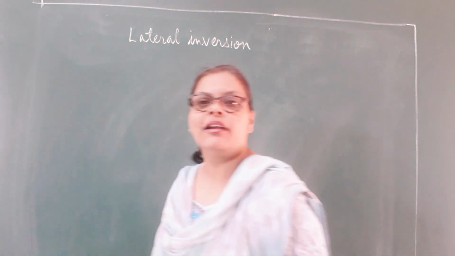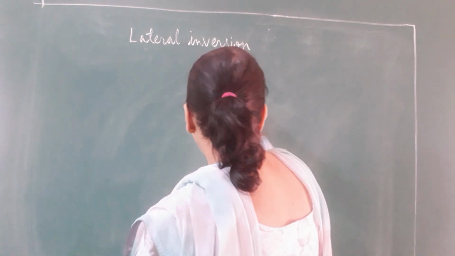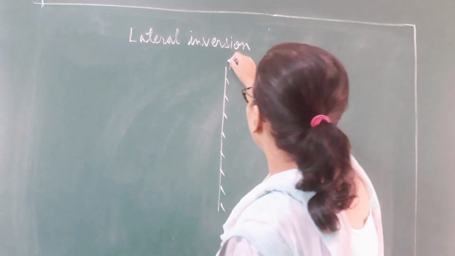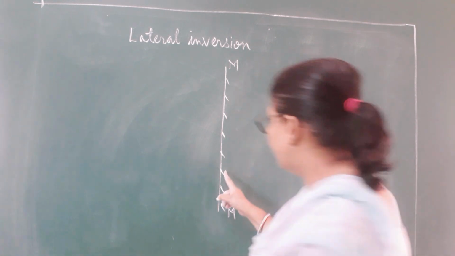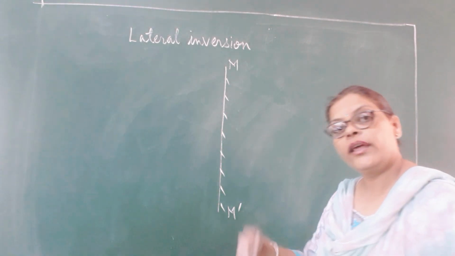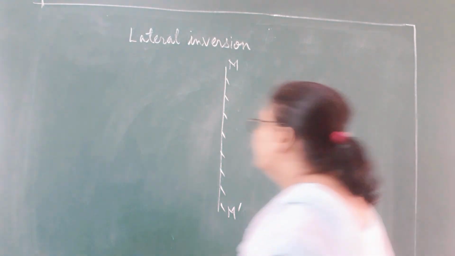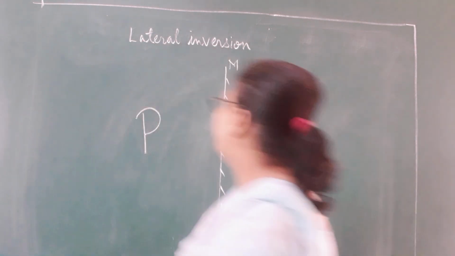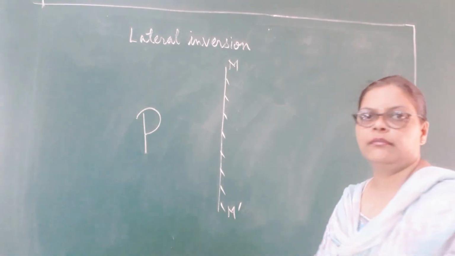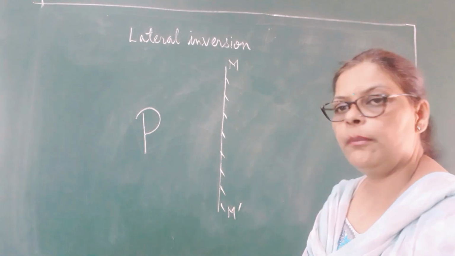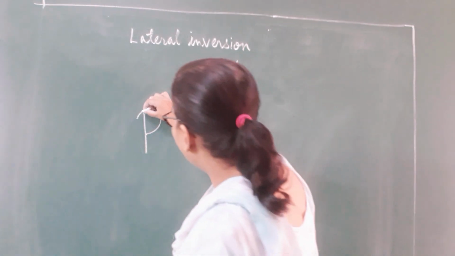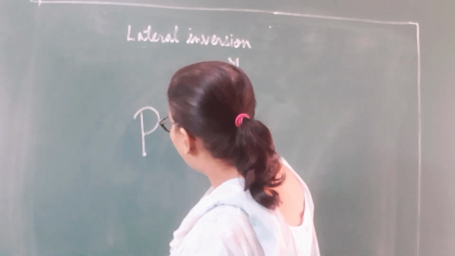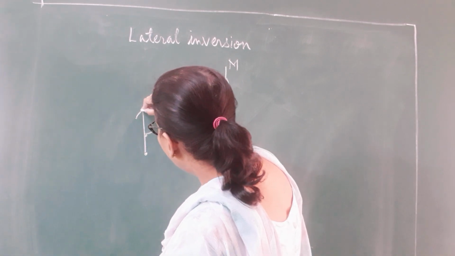I tell you why I call it a P diagram. First of all, the first step is I am going to draw the mirror and polish it children. The name of the mirror is M dash. You can see one side is polished, the other side is reflecting. Where am I going to take the object? On the reflecting side. Now, I will draw a P children. I also call it a P diagram. It's a lateral inversion diagram. Now you can see I have drawn a P, right? Now I am going to take different points. See, look here, very careful. I am going to take 1 point here, 1 point on the bulge, 1 point here, and 1 point here.